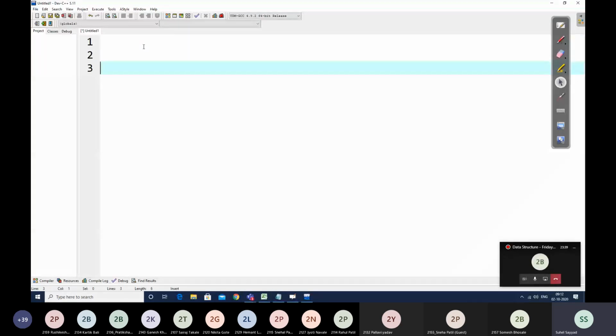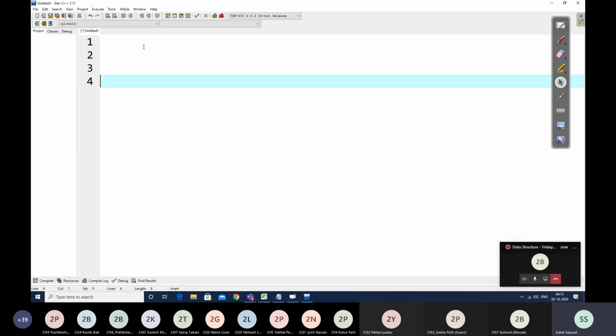So initially you need to write all those include files and then main function, and take the input in the form of array and then take the key element, right? What I am assuming here is you have your input in your array A, okay, and then you also have the input in your variable key, and then we are performing the search. Okay, so I'm just writing the logic of search.